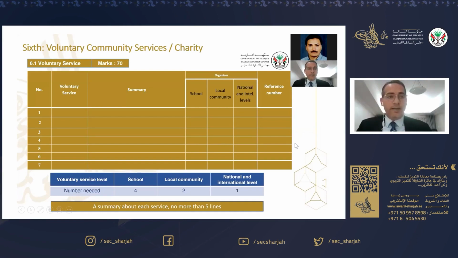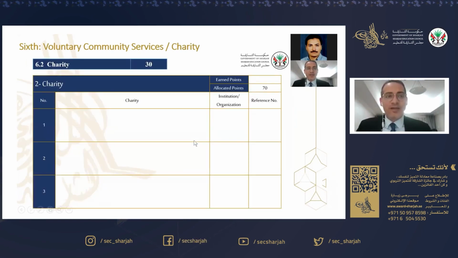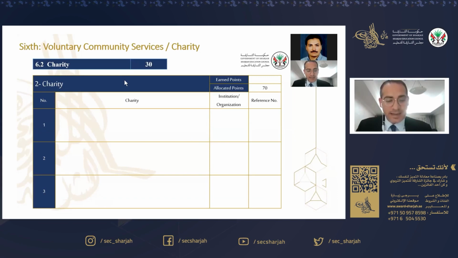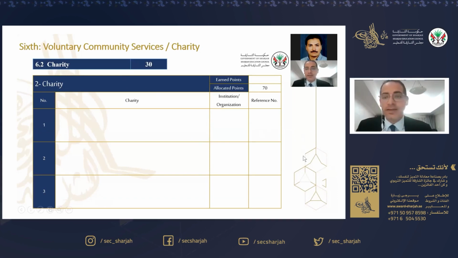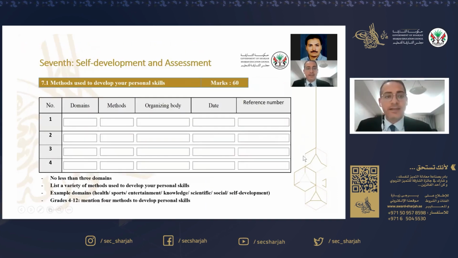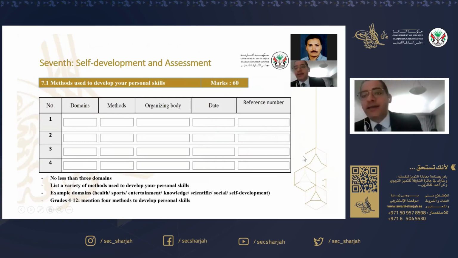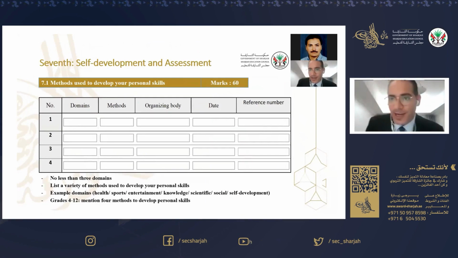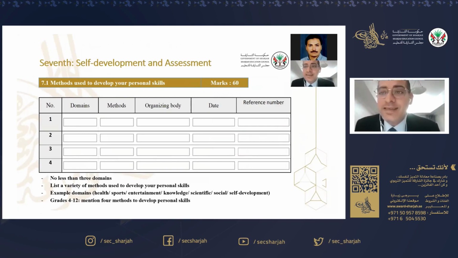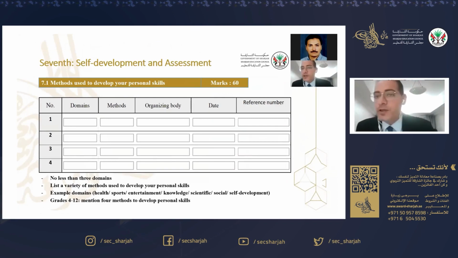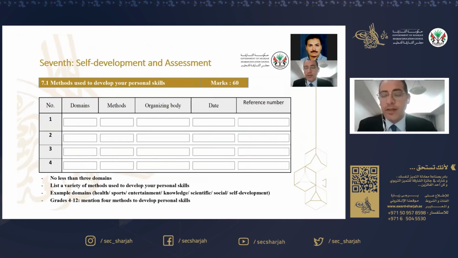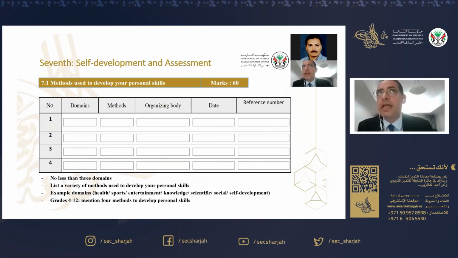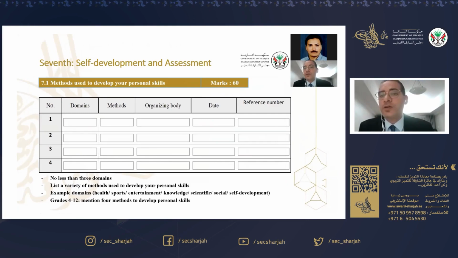Okay. Now, the last evaluation standard is self-development and assessment. This is standard number 7. Nominees of all grades, we need to know, how do you assess yourself as a student?